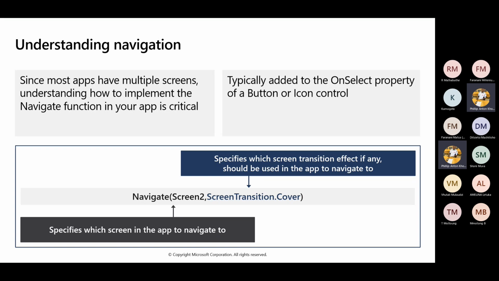Okay, so the formula for navigation is very straightforward. Nothing complicated. You just say Navigate, and then you specify the screen, and then also after specifying the screen, if you want some transitioning, you would